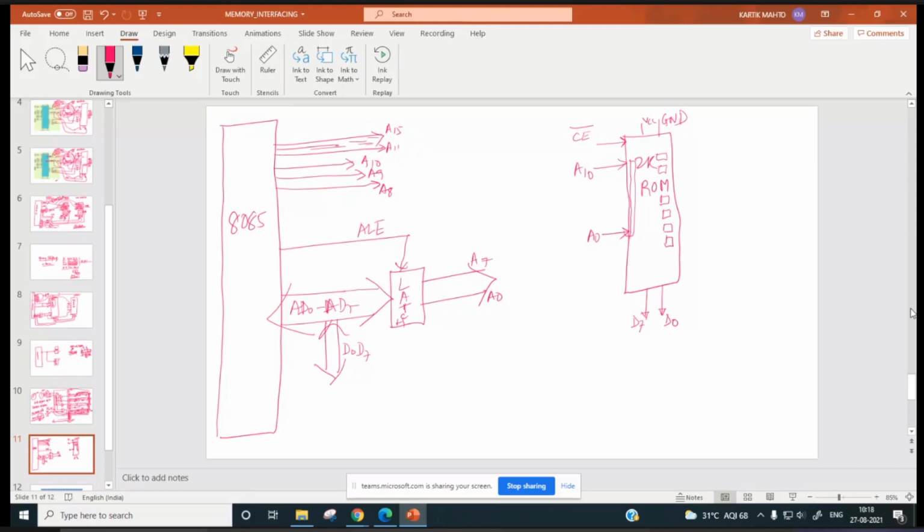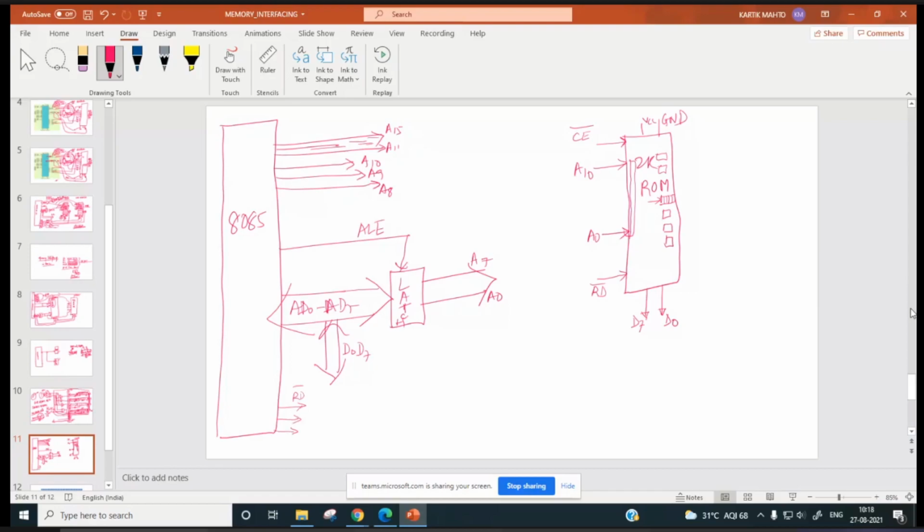So we will send the address. Out of 2048 registers, based on this address, it will select a register. Then, right, another pin we are missing, that is read bar. Read bar pin. Right, and this read bar, write bar will be generated by this microprocessor.